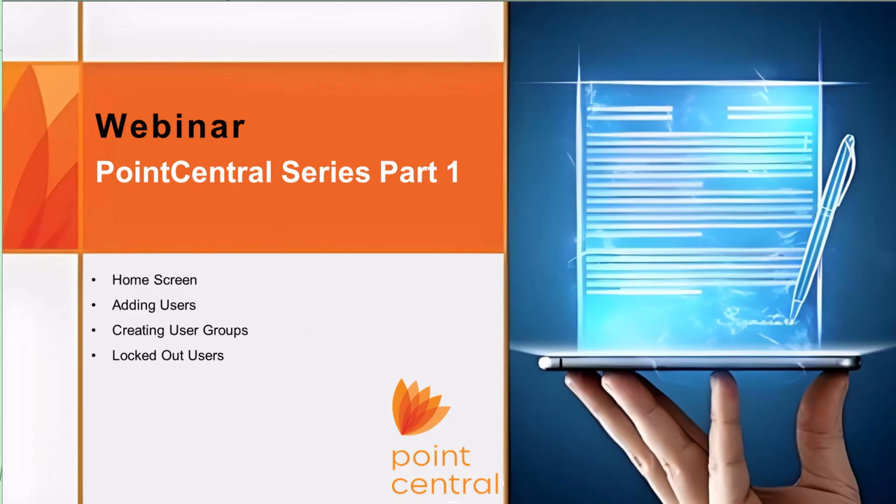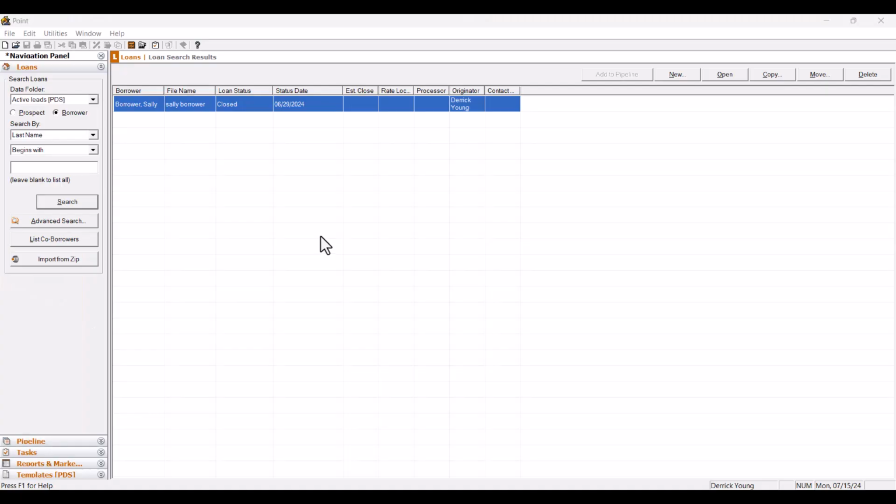All right, let me go ahead and take another question from the chat. Someone asked, can you show us where inside of Point the loan originator can change their password? I can, so let's go back to Point. Okay, so we're back inside of Point, and for your users to be able to change their password from the default password that you set up for them in the PointCentral admin website, they will log into Point with the default password that you provided them, and once they log in, they'll navigate to the file option in the menu bar at the top,